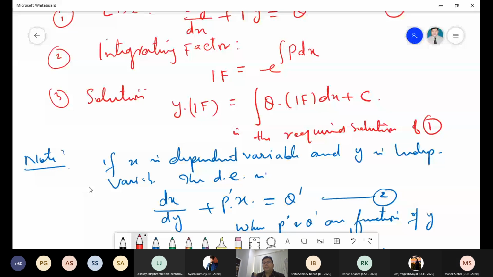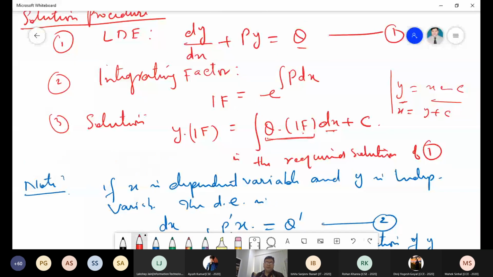That is another way, because y is your dependent variable here. So the general solution will be y in terms of x. Similarly, if x is the dependent variable, then x in terms of y and c. You can write it otherwise, or you keep it like that. You just integrate it and then you get the answer. Is it clear? Yes, sir.